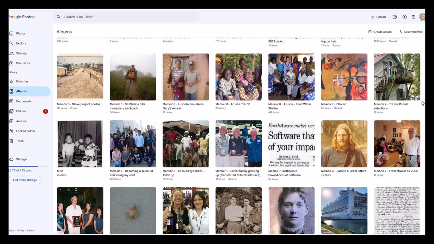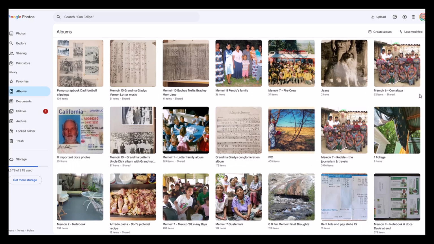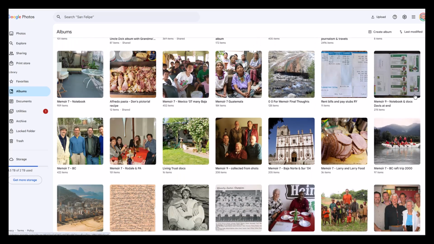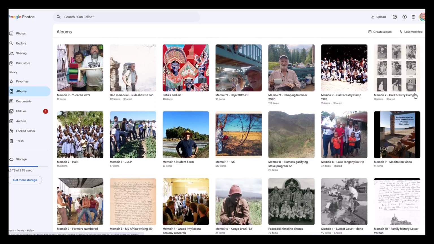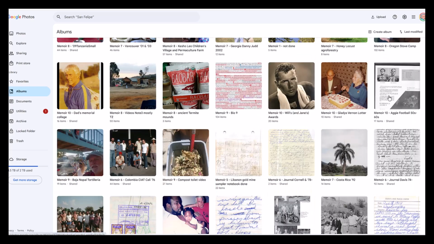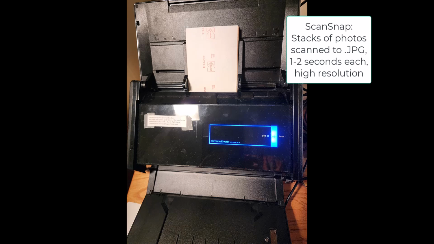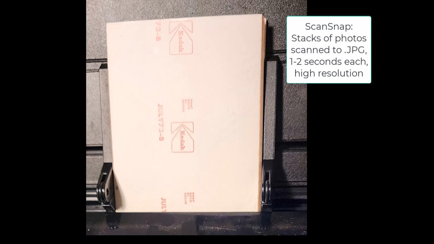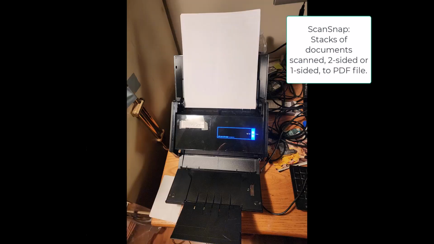I have over 10,000 photos scanned. I keep them in Google Photos. I've organized most of them into albums. A good scanner is critical for doing this. I use what was then the Fujitsu scanner. Now it's known as Snap. And I can scan stacks of photos into JPEG files, scan stacks of documents into PDF files.